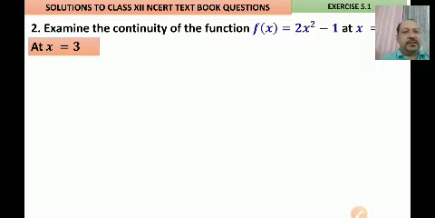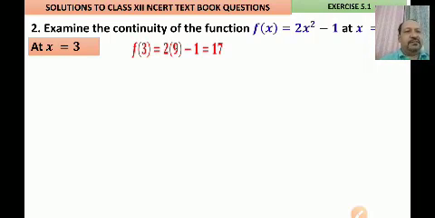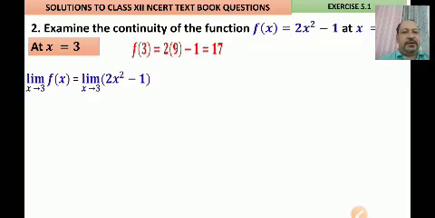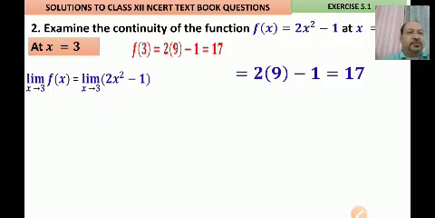So, at x equal to 3, the functional value of this function is 17. Limit x goes to 3, f of x equal to limit x goes to 3, 2x square minus 1, you will get